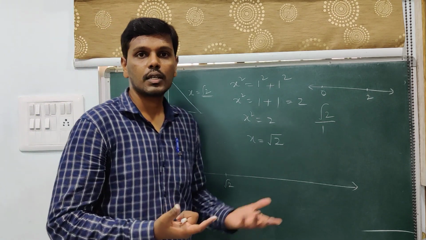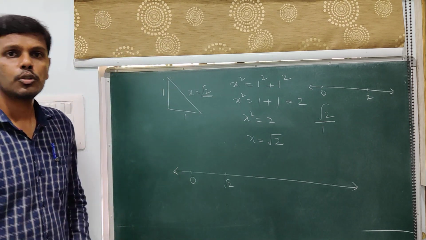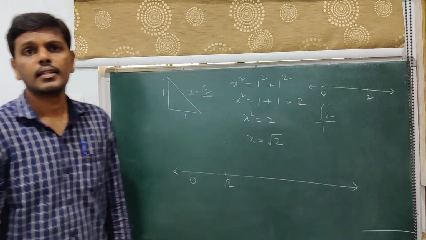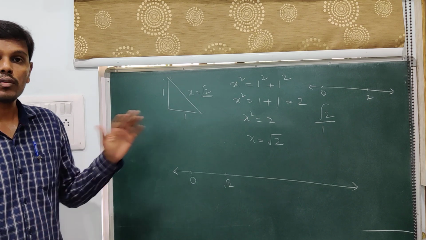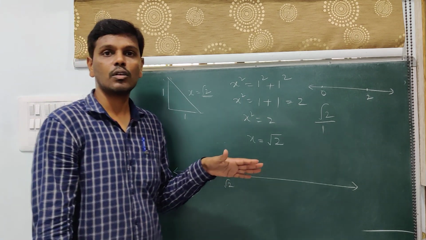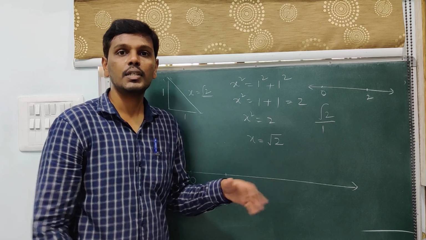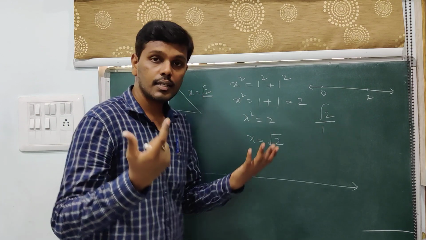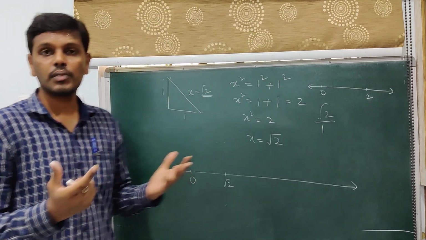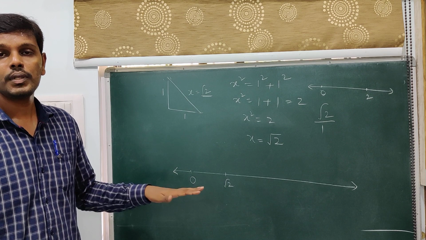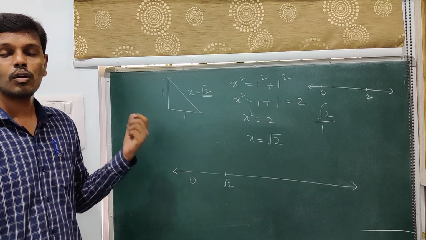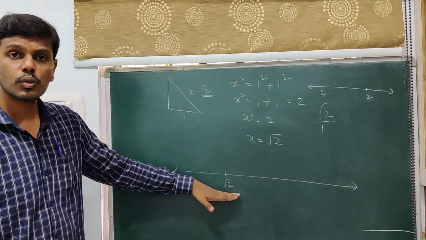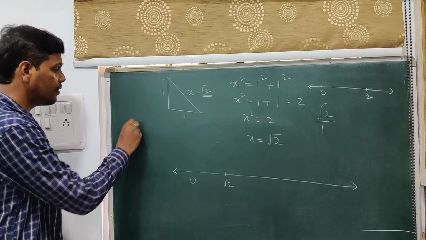That is, whenever you are given a straight line, though you assign a rational number to each of the points on the straight line, we have some more points on the straight line for which rational numbers cannot be assigned, which means that there is an existence of numbers which are not rational numbers, to be assigned to those points not assigned by rational numbers. So this leads us to a new collection of numbers called irrational numbers.